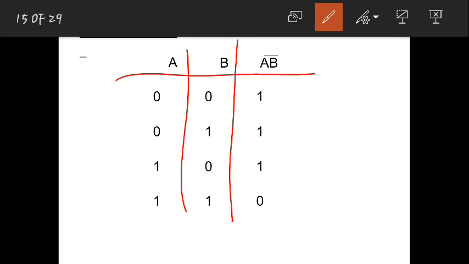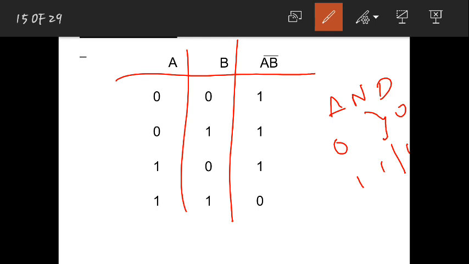In the AND gate, what is the definition of the AND gate? Try to recollect that when any one input is equal to 0, output is always equal to 1. Because 0 into something is always 0. Sorry, I guess I misspoke the definition. I will repeat again. I am telling the definition for the AND gate, not NAND. The AND gate's definition is if any one input is 0, then output is always equal to 0. If both the inputs are equal to 1, only then output is equal to 1. This is the definition for the AND gate.